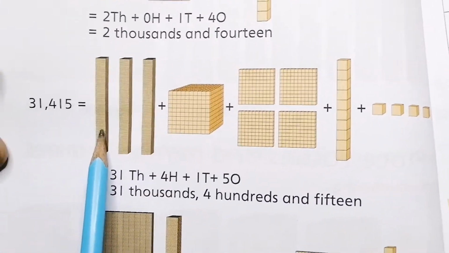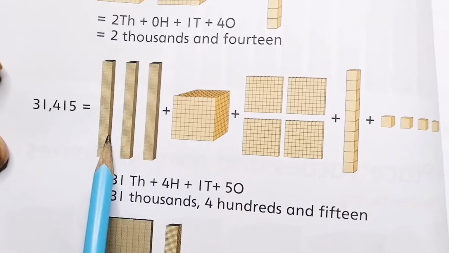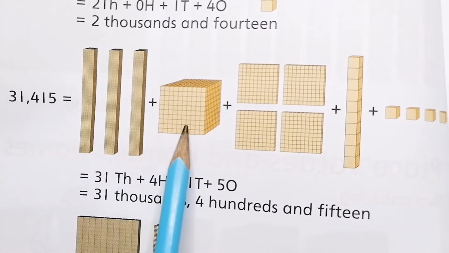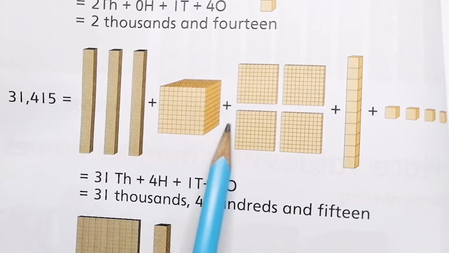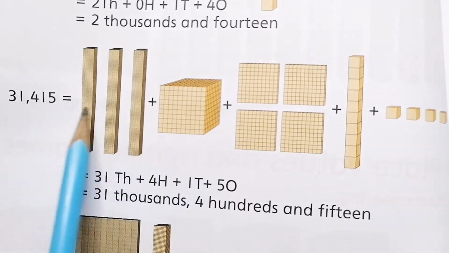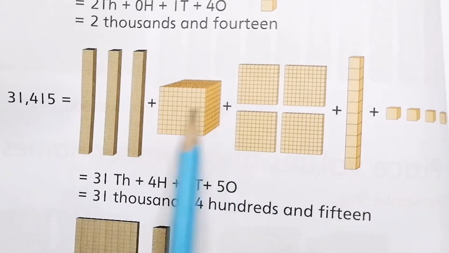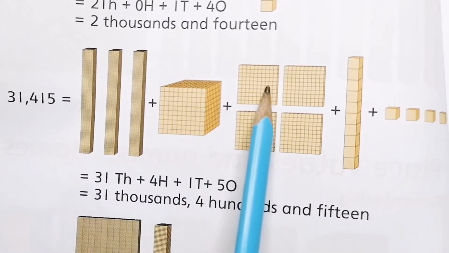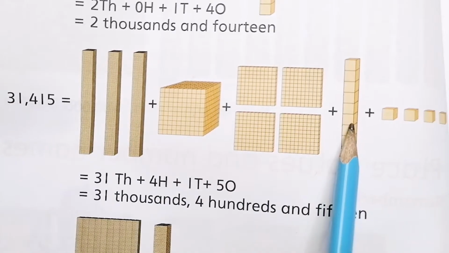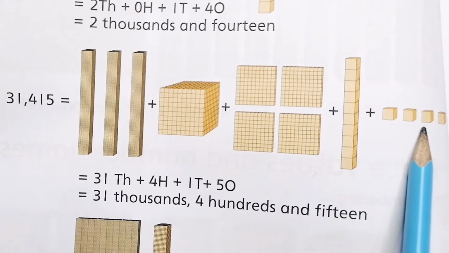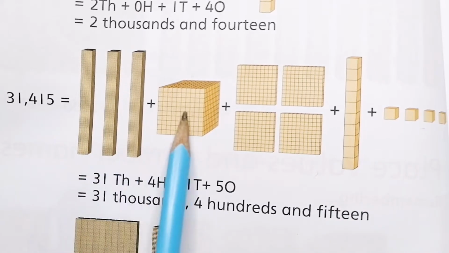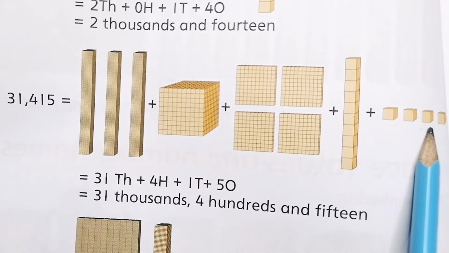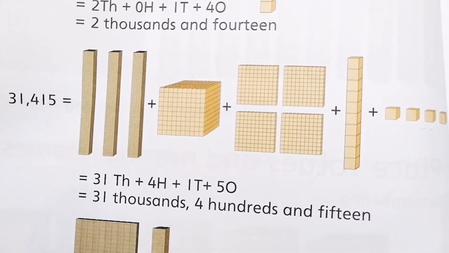This is again 31,415. This is equal to 10,000, 10,000, 20,000, 30,000, and this is equal to 415, this is equal to 100, 31,000. So this is 30,000, this is 1,000, and these are 400, and this is again 10 plus 4, 14. You read this as 30,000, 1,000, 400, and then 10 plus 4, it makes 31,415.